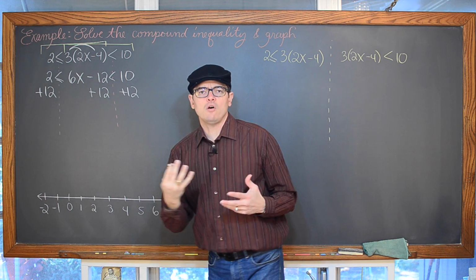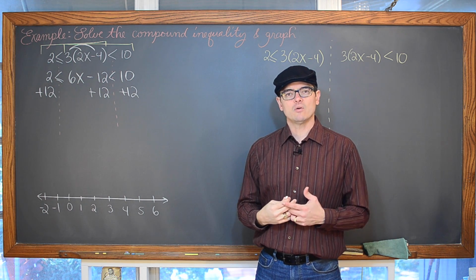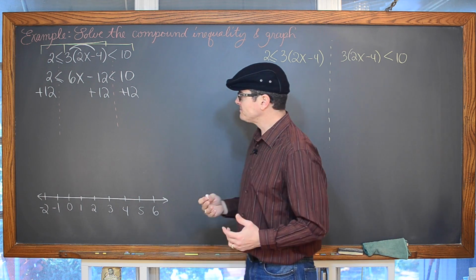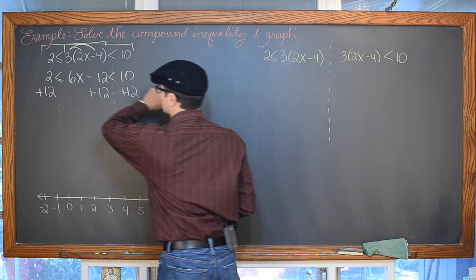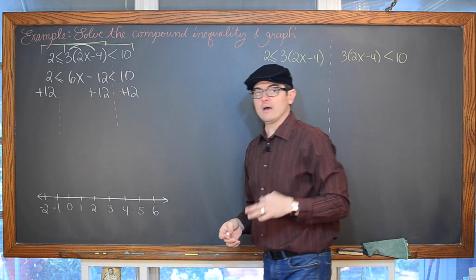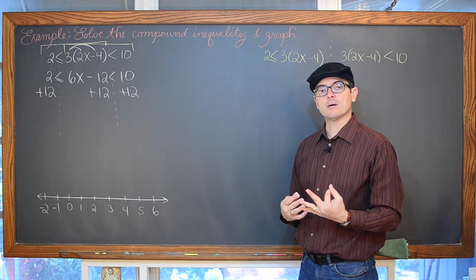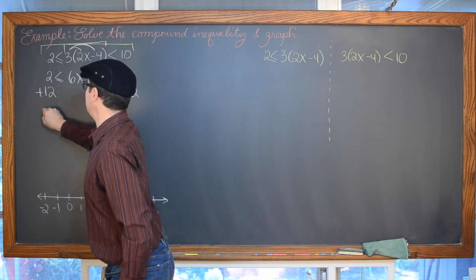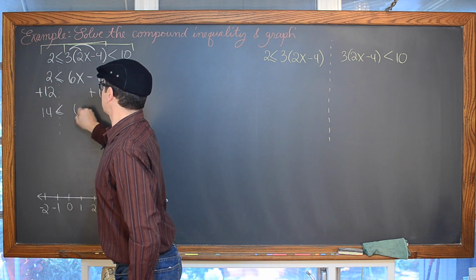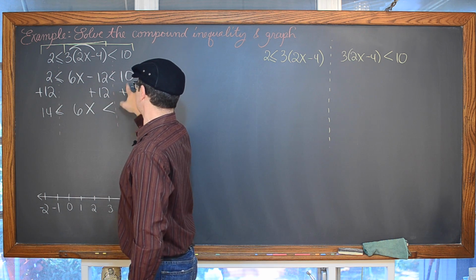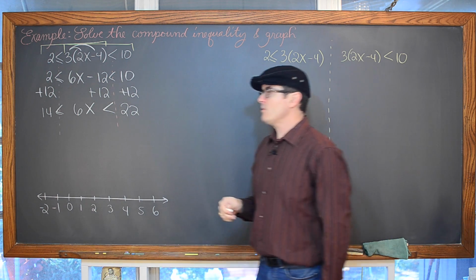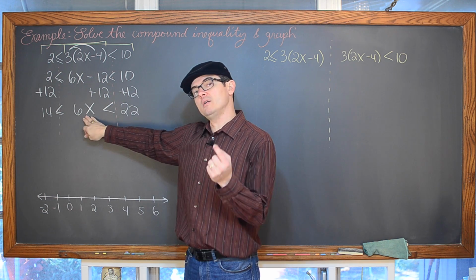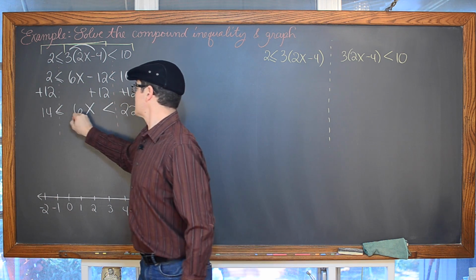And remember, when we're solving equations, I always say you can basically do whatever you want to an equation as long as you do it once to each side to keep it balanced. Well, with these compound inequalities written in a single sentence, you have 3 parts, so just make sure you do your math operations once to each of these 3 parts. So we have 14 is less than or equal to 6x, which is less than 22. Now we're going to divide all 3 of these parts by 6 to undo that multiplication of 6.